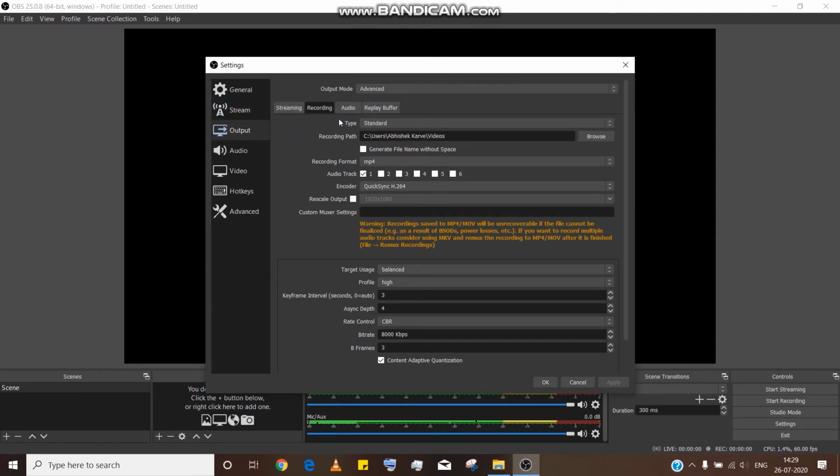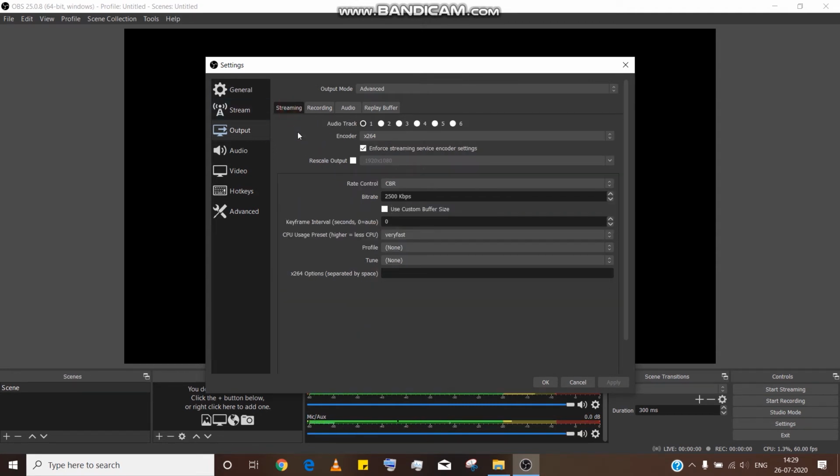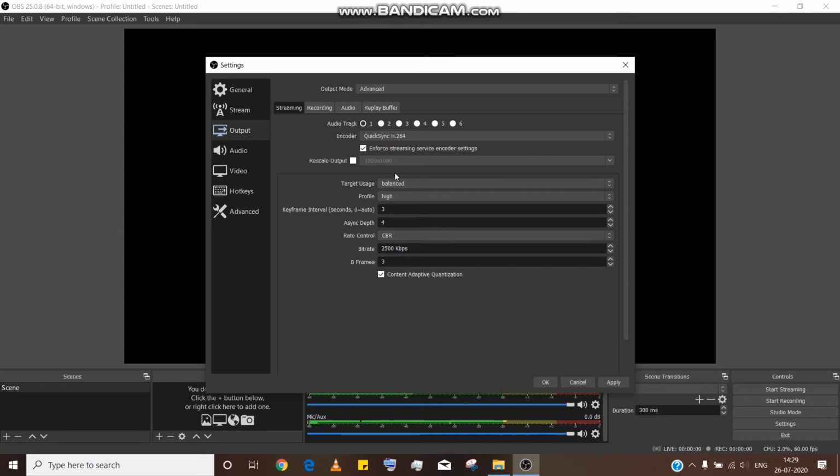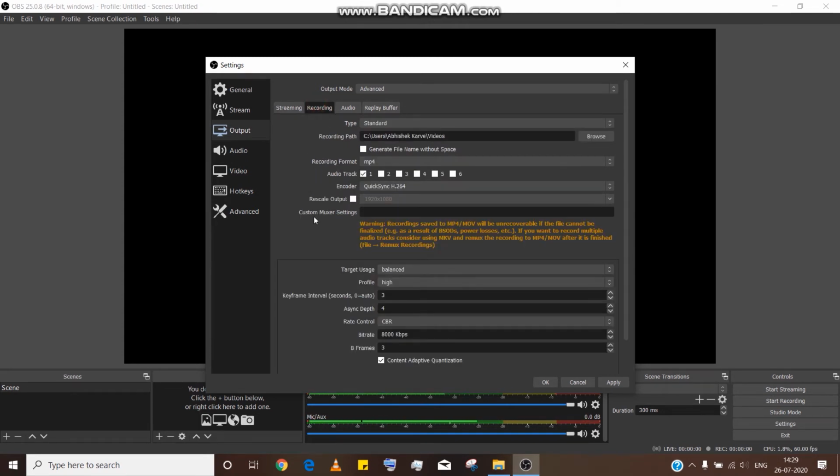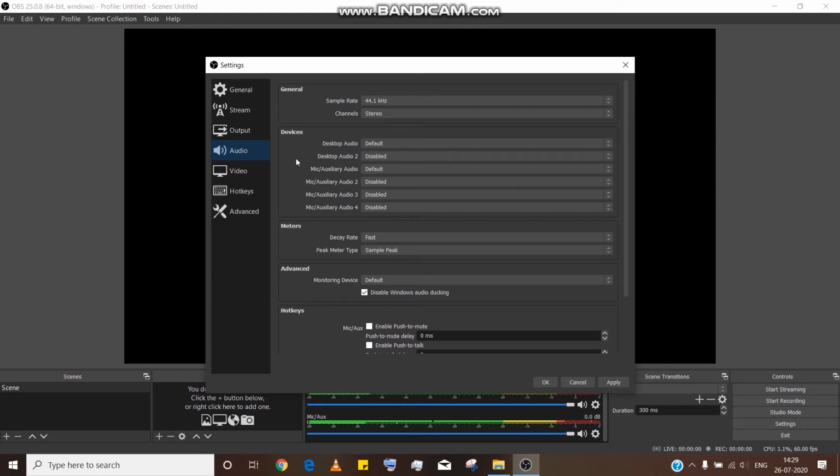Now if you are streaming per se, then you can just go to the streaming tab, go to encoder, go to QuickSync H.264, and then apply all of the settings that we applied here in the recording tab. Now we are done with the output side of things. The audio as configured by OBS is perfectly fine according to me. I don't think it needs any changing. But then go to video.